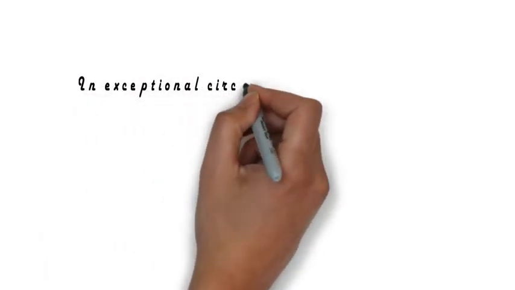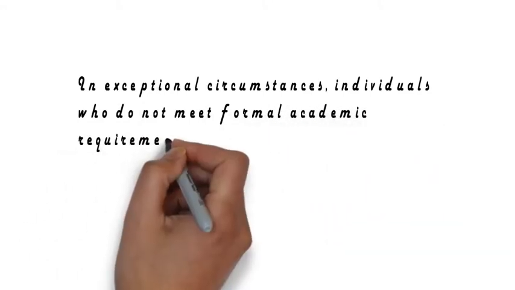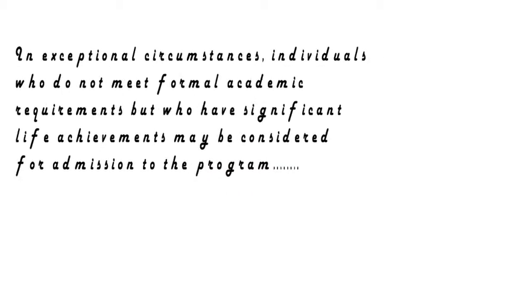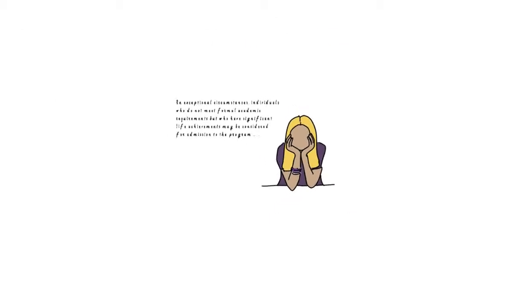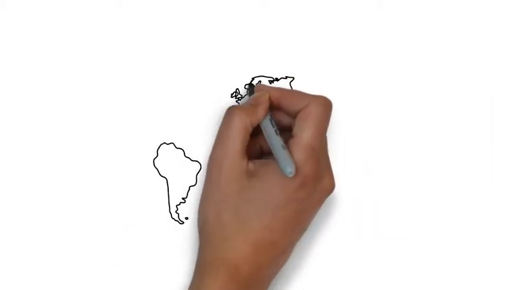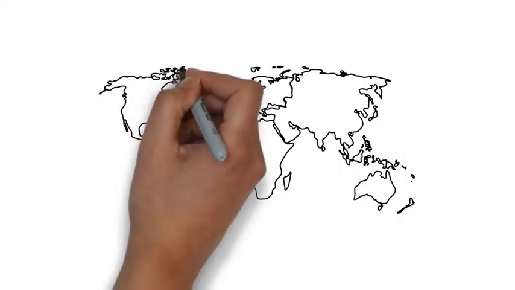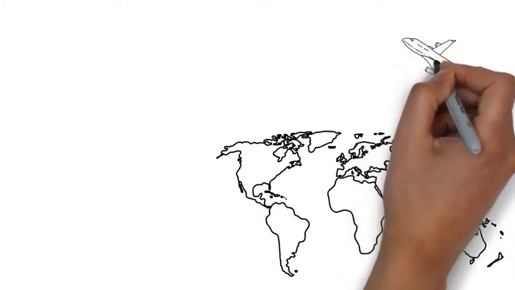The Master of Education program PLAR's criteria read, "In exceptional circumstances, individuals who do not meet formal academic requirements but who have significant life achievements may be considered for admission into the program. The candidates must provide the relevant graduate program with evidence demonstrating a potential to undertake successfully the proposed program of studies." The following year, I decided that this is what I wanted, and I had to at least try and